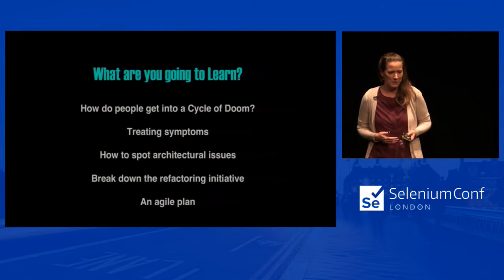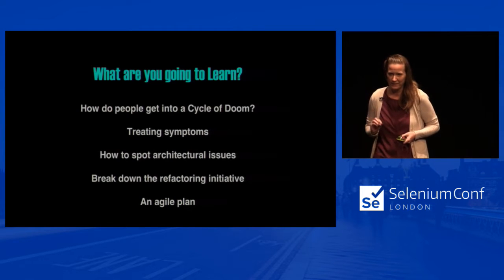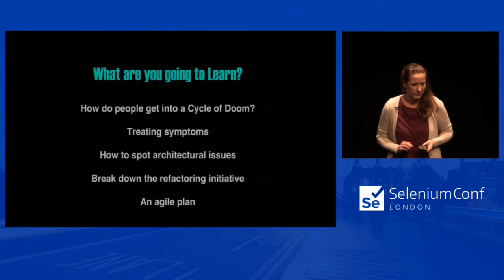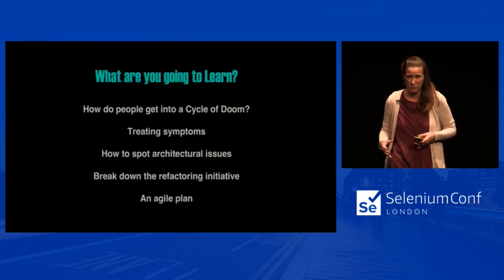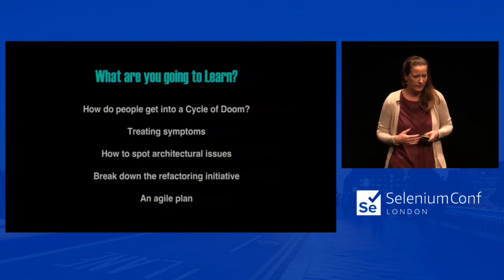So we hope you walk away with an understanding of some of the symptoms you might be noticing that something's amiss as you're working on these huge monoliths. We'll take a brief glimpse at the ever-present testing triangle that feels like a myth, but what reality looks like, at least to us. How do people sometimes treat these symptoms, though? Some things seem like logical choices, but are not always considering the underlying problems. And by looking at what our test stack is doing, we can start to identify architectural patterns to really address the problems and learn to break down refactoring into an agile plan to make your app testable.